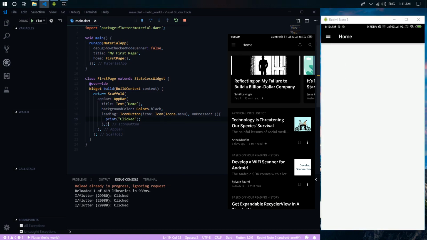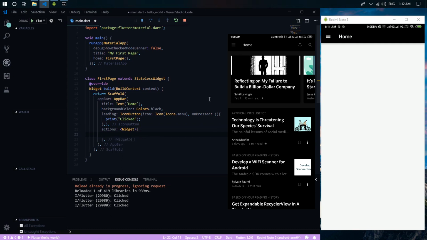Okay, and the next is the actions property. Actions is a widget to display after the title widget. So leading is on the left of the title and actions is on the right of the title. Typically, these widgets are icon buttons like a search button and more. And the actions property usually represents common operations. For less common operations, consider using a pop-up menu button as the last action. So we need to provide the actions property here.